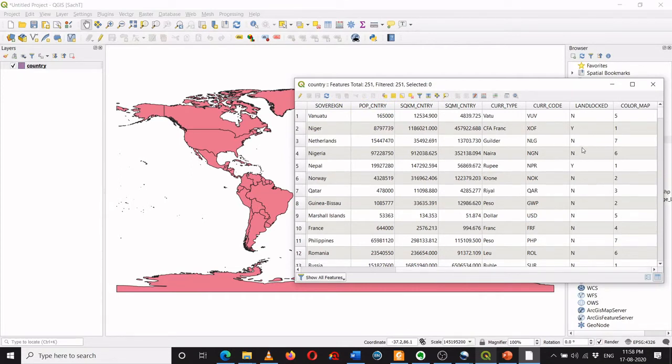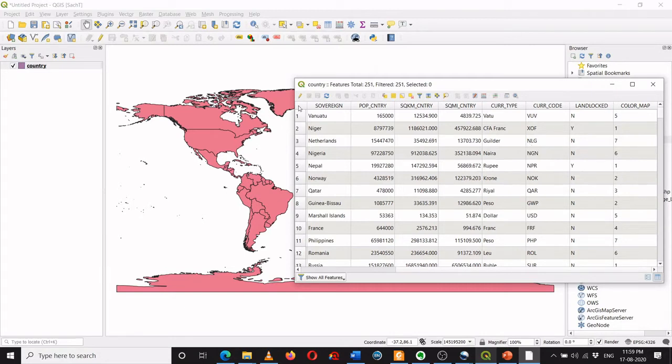So this is the attribute table which was prepared by a person who has made this vector data model or a vector layer. So this is by default available with this map layer. I can modify this, I can add to this attribute table, but we will see those things in subsequent classes.